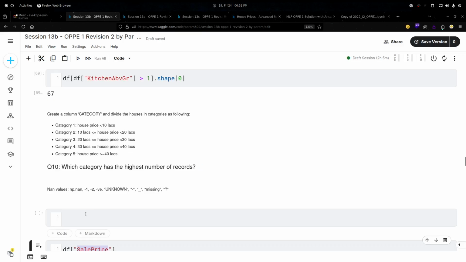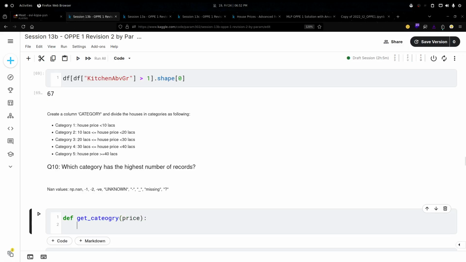We can create a function, right? Yes, we can create a function and use if-else statements. Let me create a function, get category. I will take a house price, and I will use if-else.